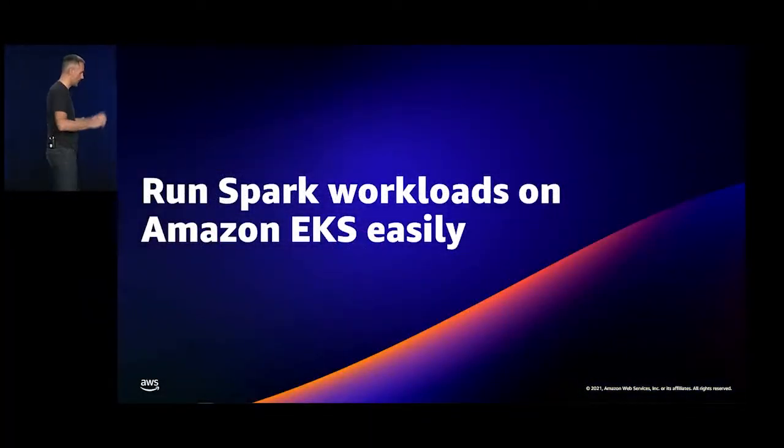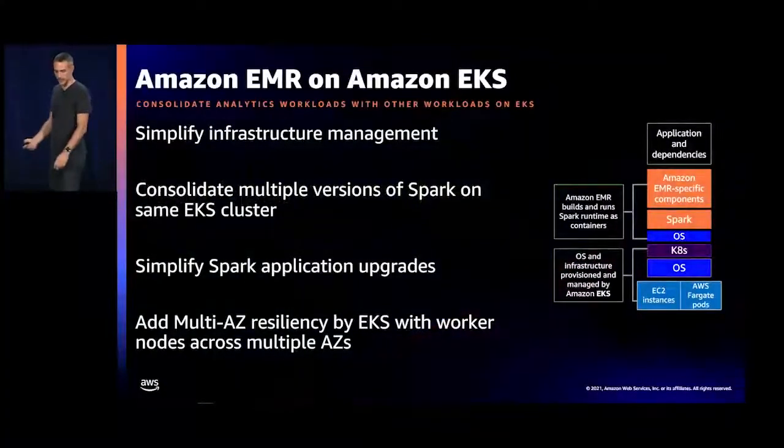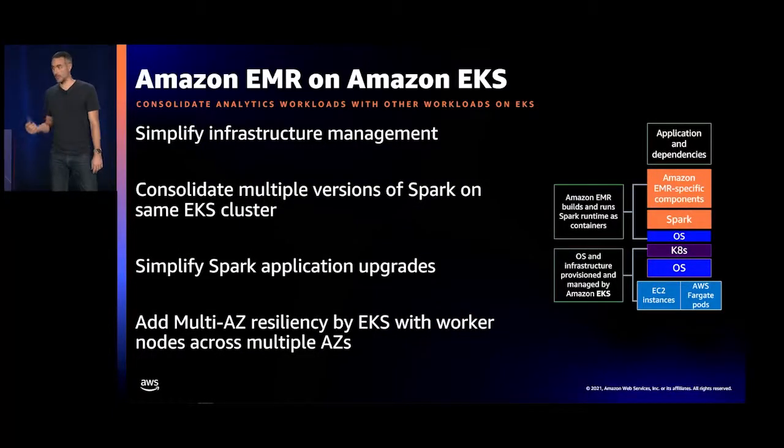So that was an overview of data science. Let's move now on the new deployment options that allows you to run Spark job on Kubernetes. We launched this year. Amazon EMR on EKS is really useful to consolidate your workloads. The idea is really to simplify the infrastructure management. There is no more cluster to manage in EMR. You just rely on the EKS resources to run your jobs.